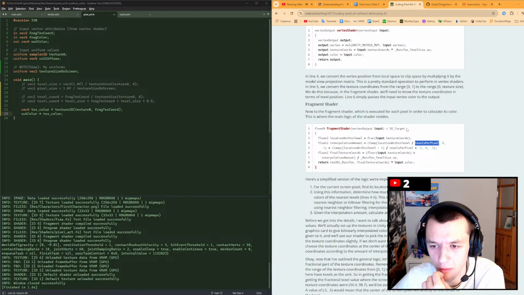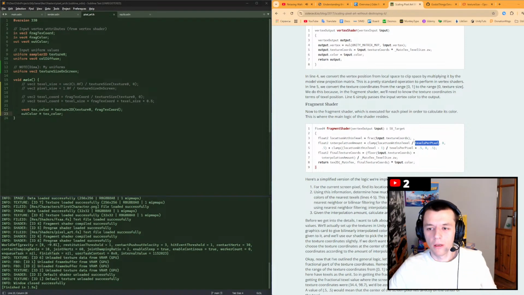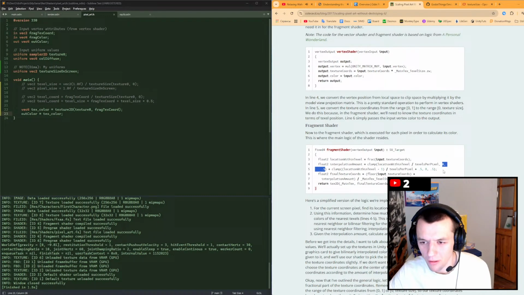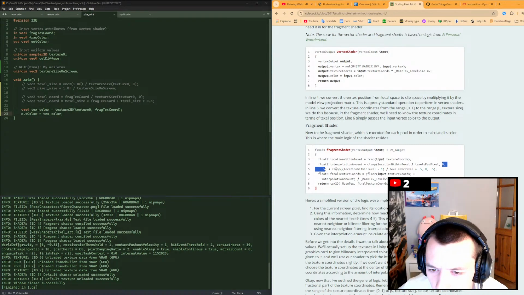So basically he wants to get, I don't know. And he's clamping this between 0 and 0.5. Why? And then he's also clamping